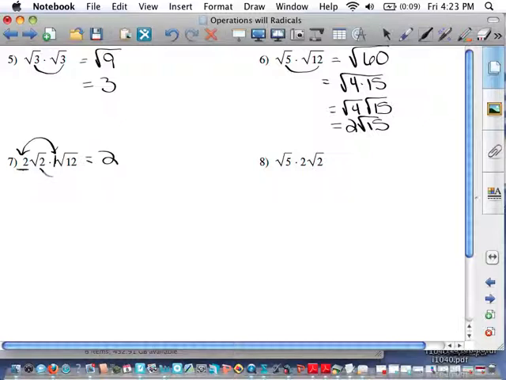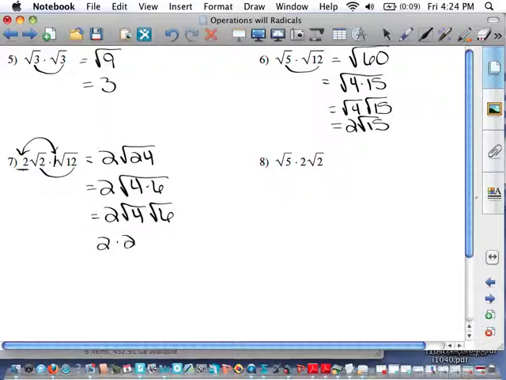Then I'll multiply the radicands together, square root of 24. Now 24 can be factored into 4 times 6. So that means I have 2 times the square root of 4 times the square root of 6, 2 times 2 times the square root of 6, so my answer is 4